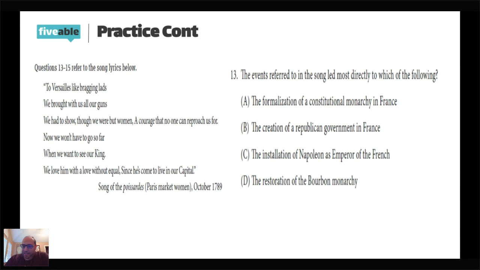Do you have any advice on LEQs? Yes, my advice on LEQs: don't think that you need to write a perfect paper, okay? You've got an hour and 40 minutes to do the DBQ and the LEQ. Take away the 15 minutes, you've got an hour and 25 now to do both of them. Really, you should spend about 35 minutes on the LEQ. That's what I tell my students. It's a rough draft. That's what you're writing. You're writing a rough draft about whatever the topic is. Okay, rough drafts have mistakes. Rough drafts are not going to be perfect, and that's okay.